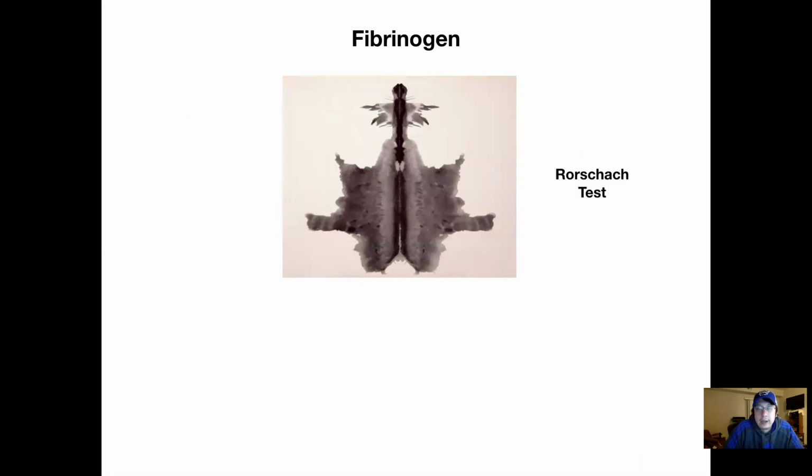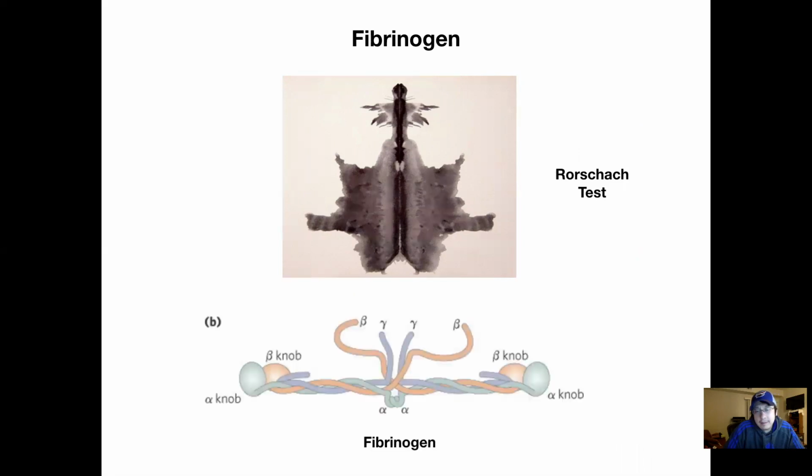Okay, so I thought I'd talk to you a little bit about fibrinogen. What do you see when you look at this ink blot? If you're like me, maybe you'll see fibrinogen and know then that you are ready to graduate and be done with this craziness, right? You're ready for the real world. Get out of here. I'll miss you. But sorry,